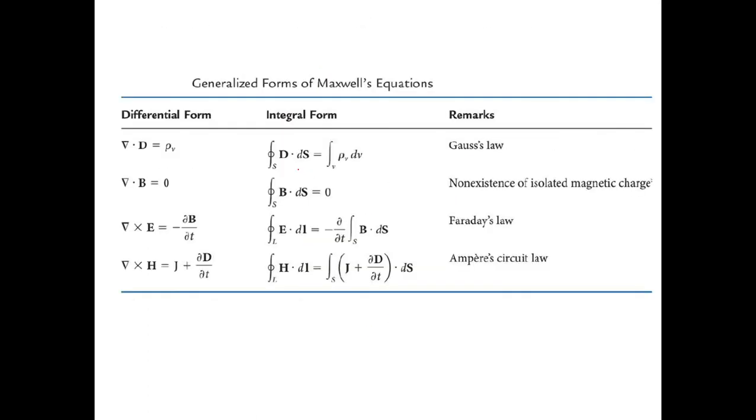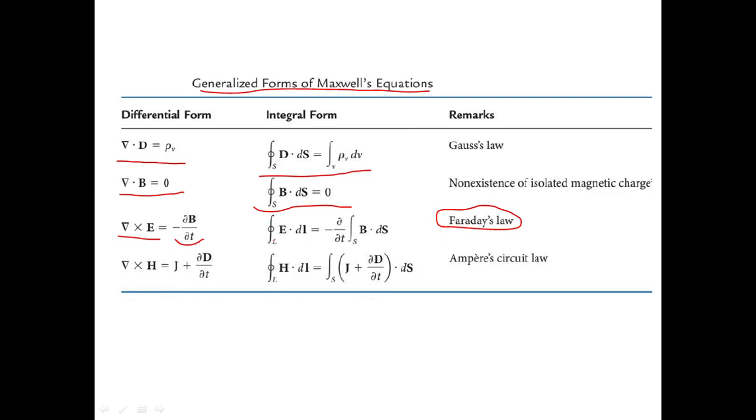Now we'll move on to the next part. Whatever Maxwell's equations I had given you in the previous lectures, just compare that also. That is only for steady state, right? So here, the first one, divergence of D vector is equal to rho_v, and this is Gauss law, right? And here divergence of B vector is equal to 0. There is no change with respect to these two when you consider steady state and the other one. But when you take curl of E vector, for the steady state it was 0, but here we got minus ∂B/∂t. This is Faraday's law, which we discussed in the previous lecture, right?